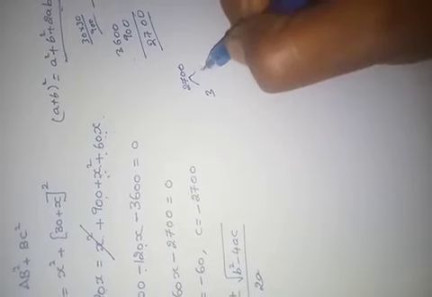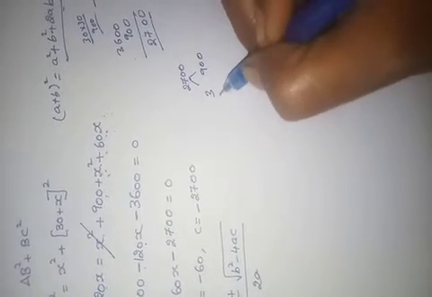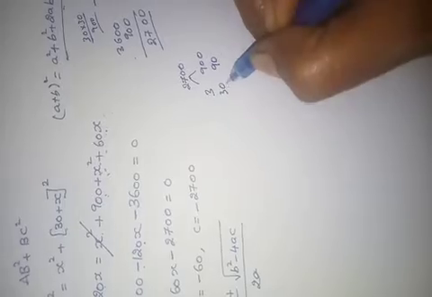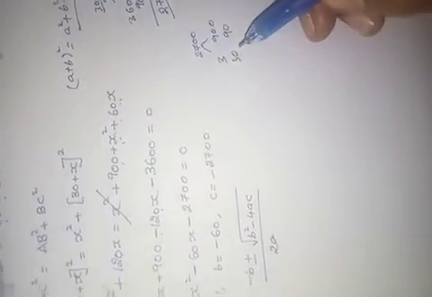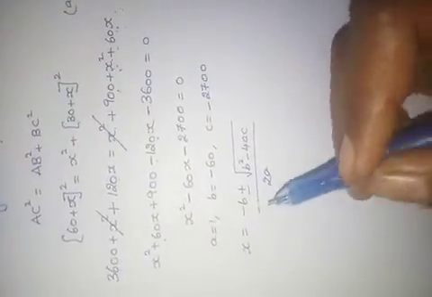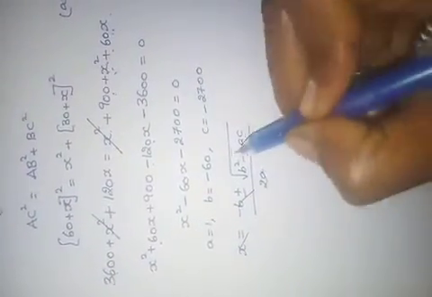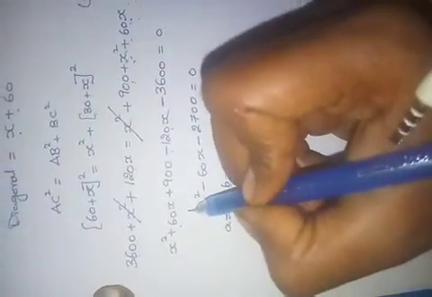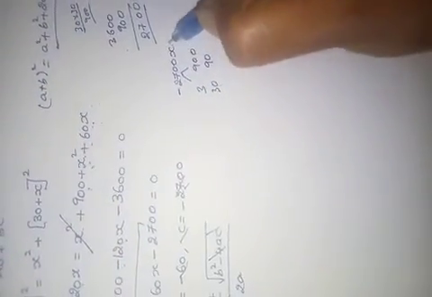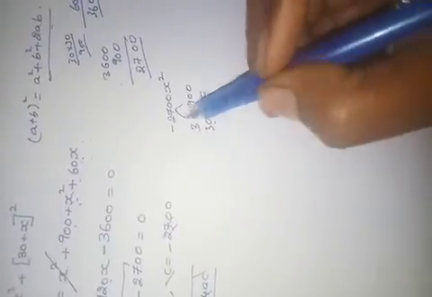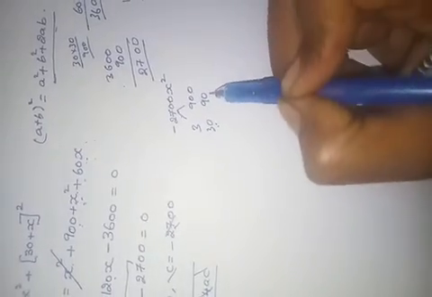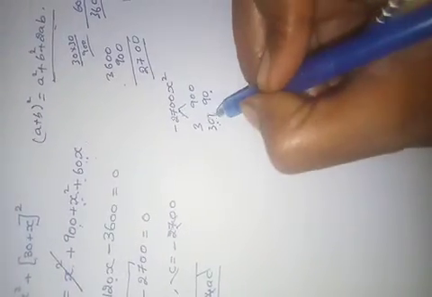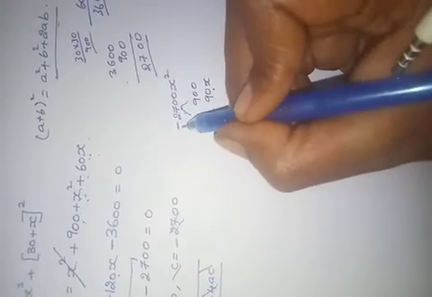3 9s are 27, 30, 90. 90 minus 30, 60. Oh, see, by factorization method I am getting easily. Shall I do by the factorization method then? See, by the factorization method, multiplying the first term and last term, how much? Minus 2700. 9 3s are 27. 30 into 90, how much? 2700.